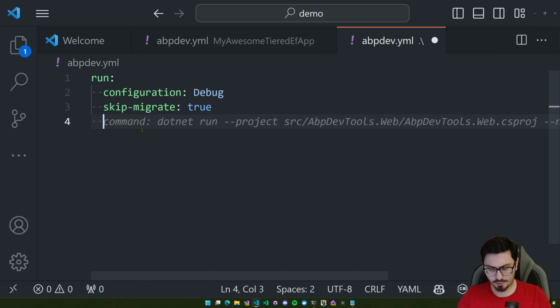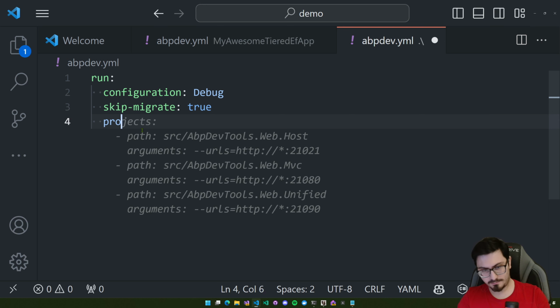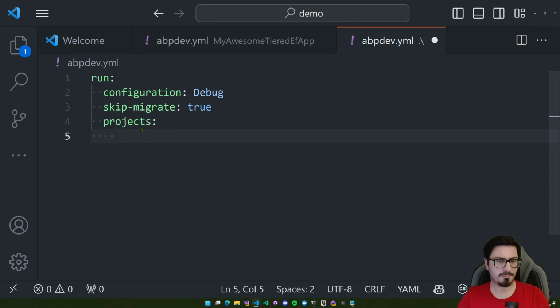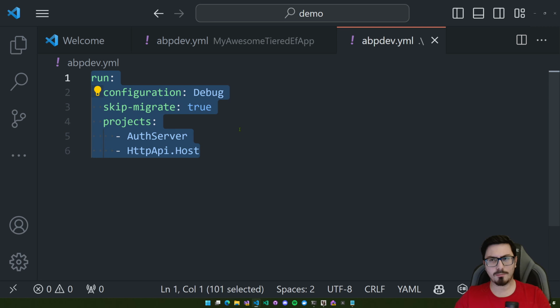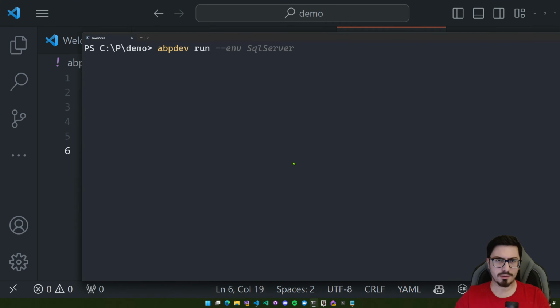You can choose projects to run here. Projects. It is similar, but I don't use the pattern. I'll use the names. Let's say I want to run AuthServer and HttpApi.Host projects. I won't run web projects. So when I complete this configuration, I can run AbpDev run command again under this